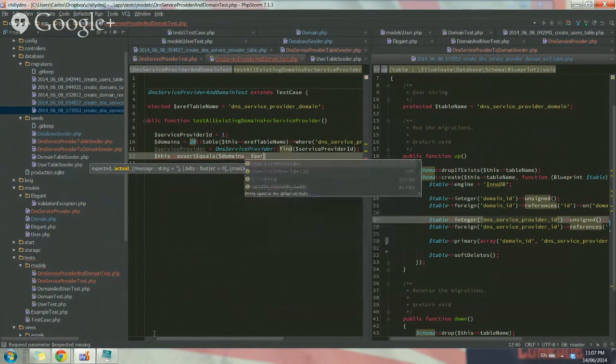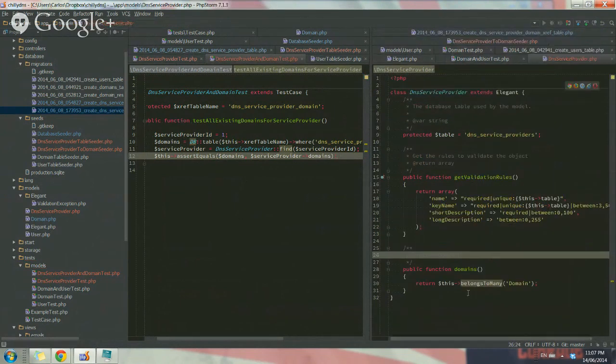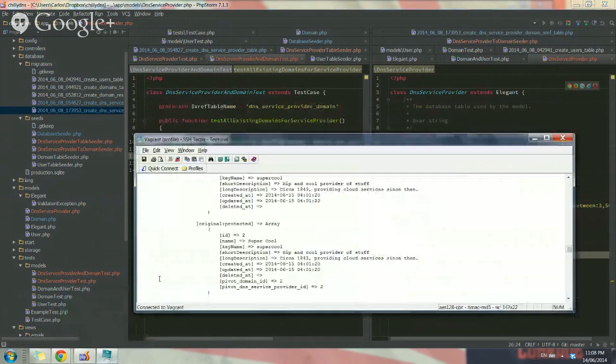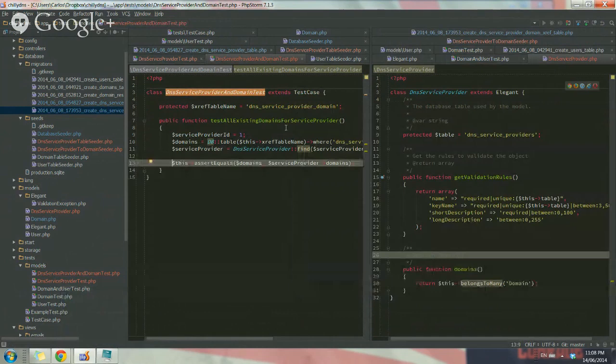Domains to service provider domains. And let's print. You know what, let's just